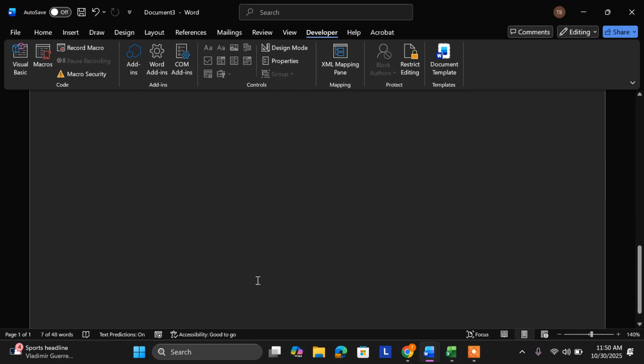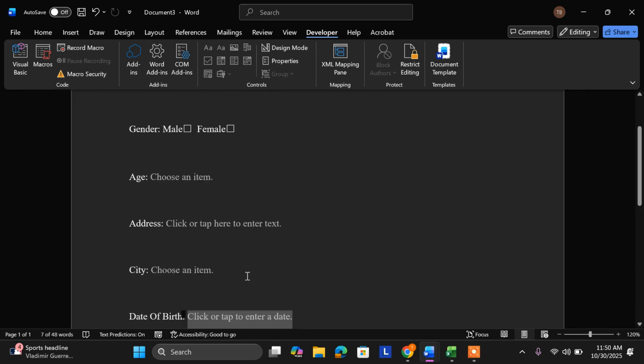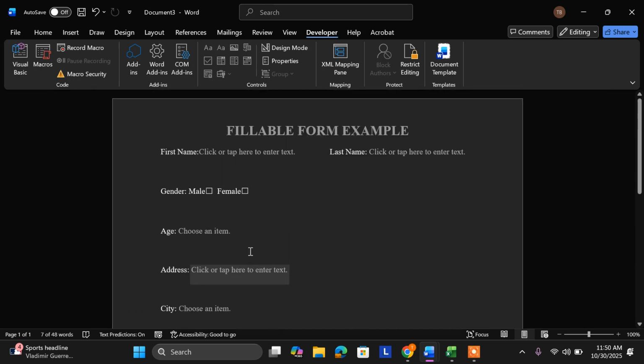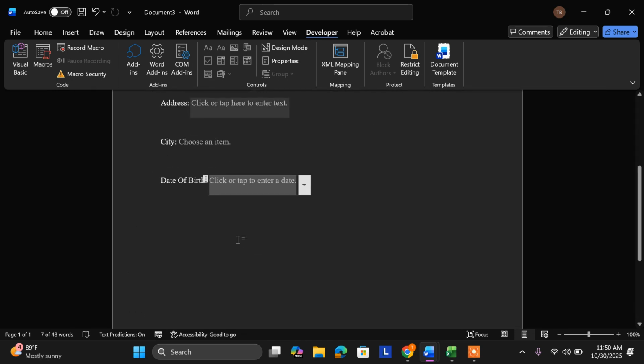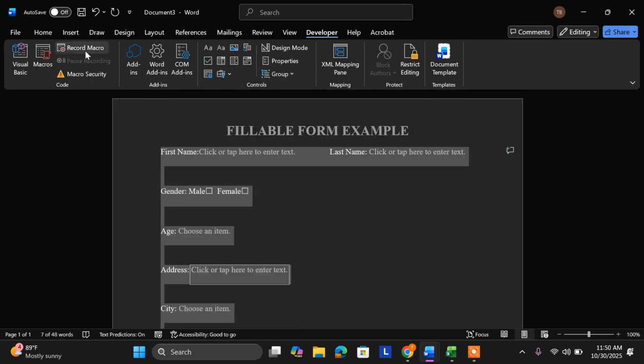Okay? And do I have any other things? Right. So again, these are just some of the functions that I use. You could go ahead and use this function as well. Right? But again, this is all that is needed for you to basically create the fillable form example. Now, you realize that I have a lot of space here still. So what are some things you could do? You can basically